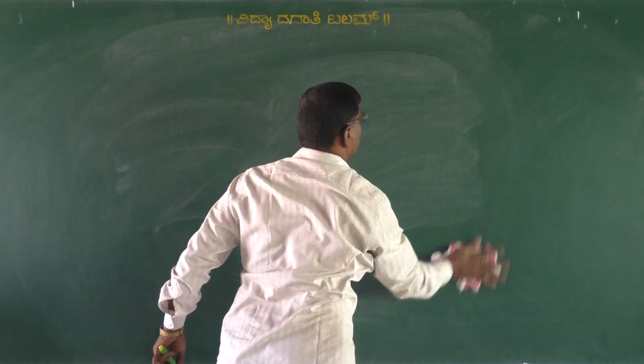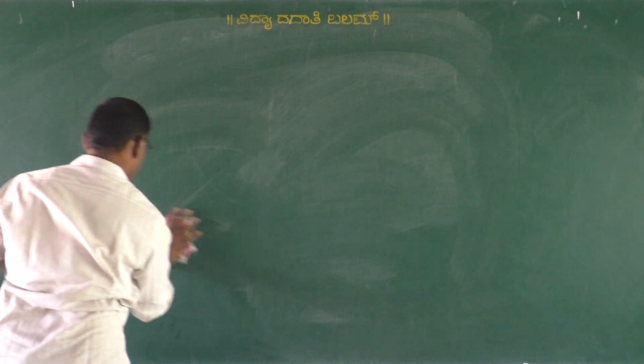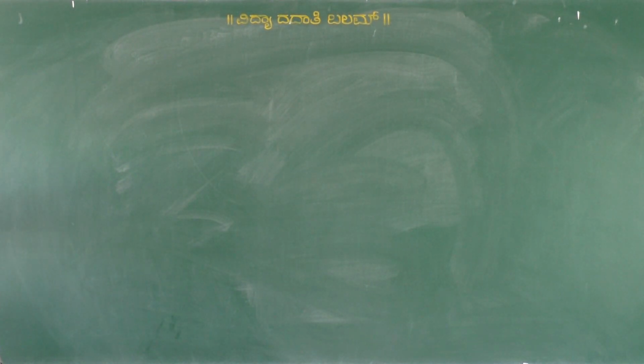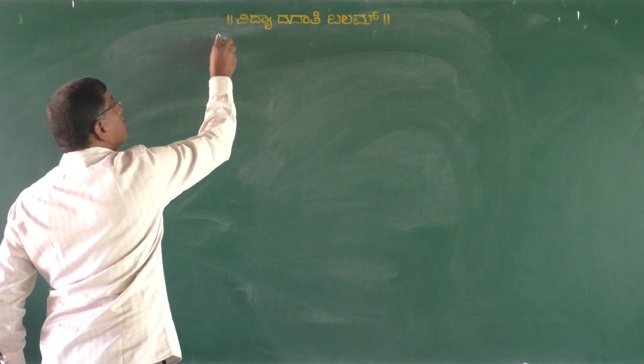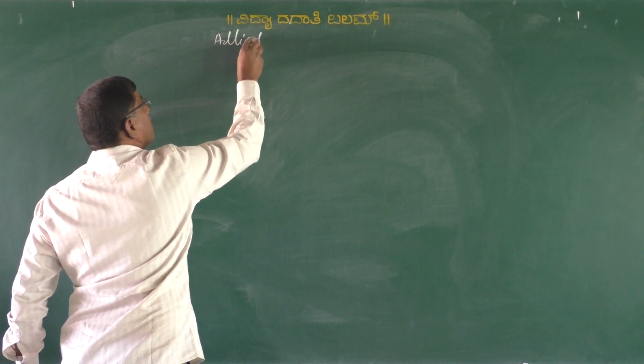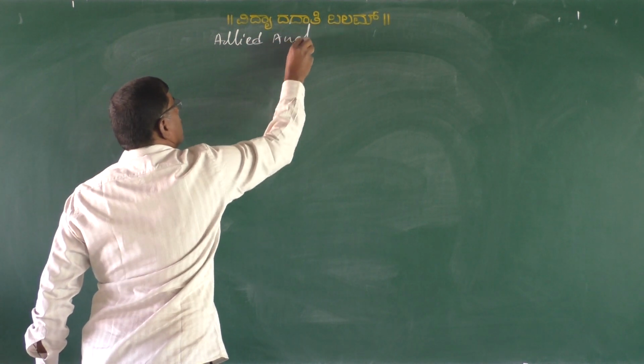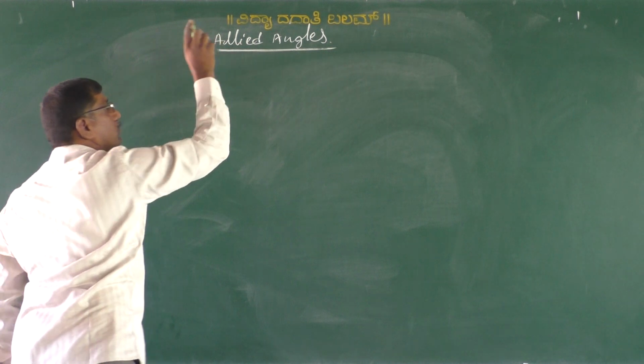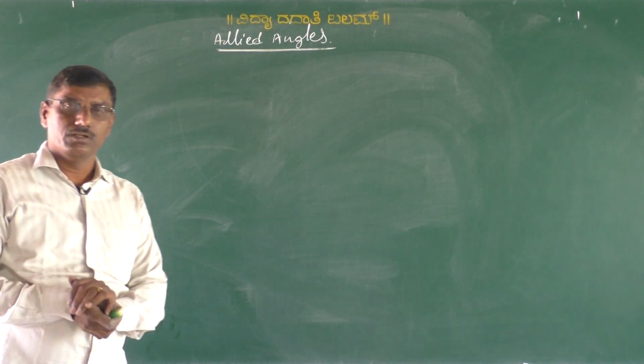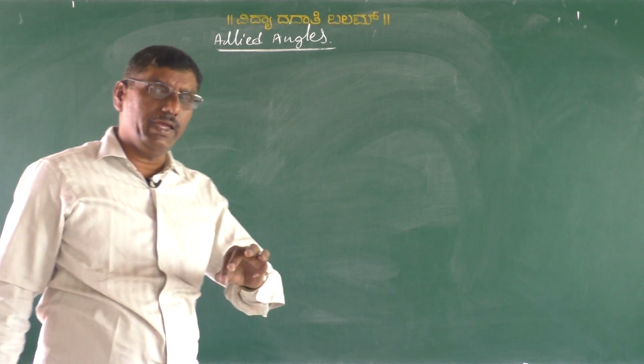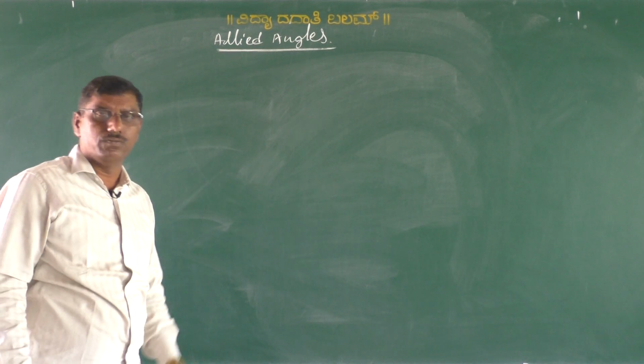Before that, we want one concept, what we call allied angles. Allied angles. The angles which can be expressed in the form